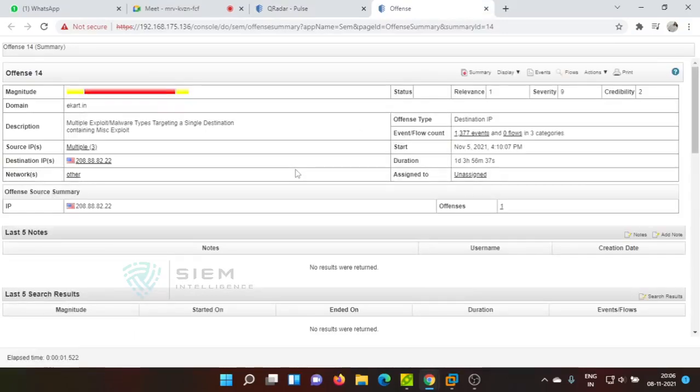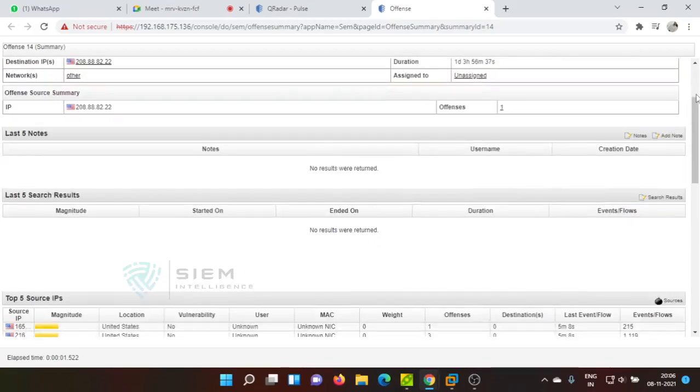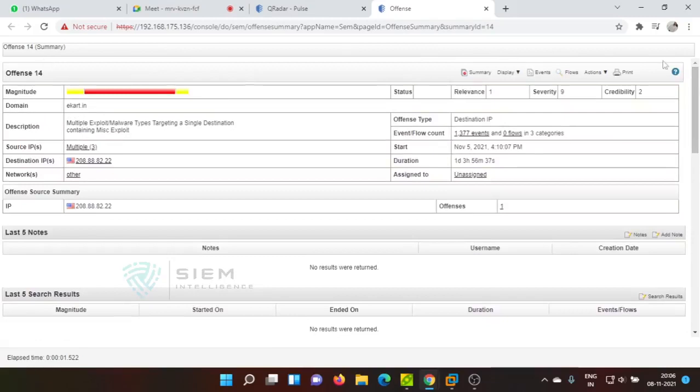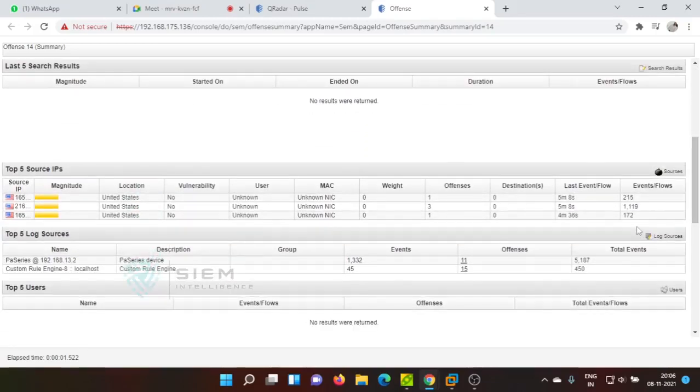If there is any lateral movement like 303, then see the raise duration. The ticket duration was 303? The duration was 1 day, 3 hours, 56 minutes, 37 seconds. And if you see the logs, if lateral movement is there, you can find what was the last flow.